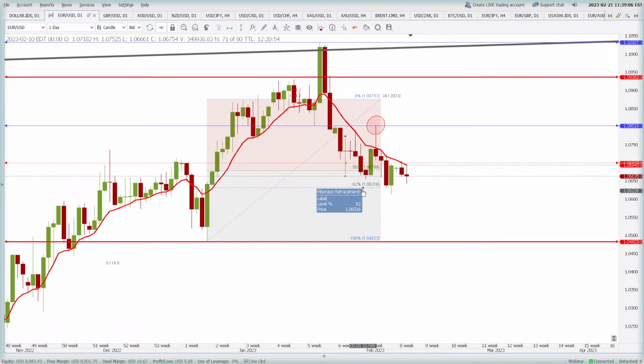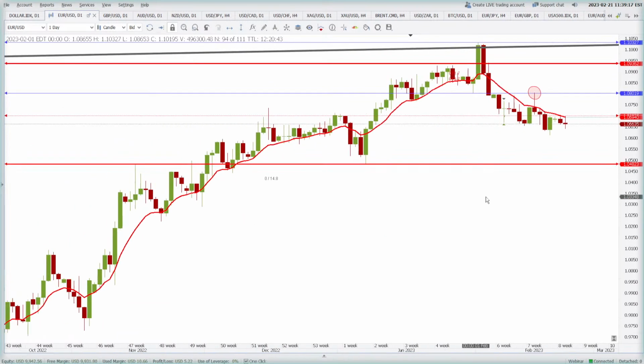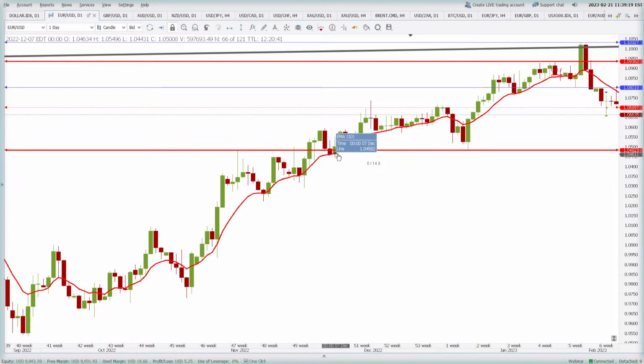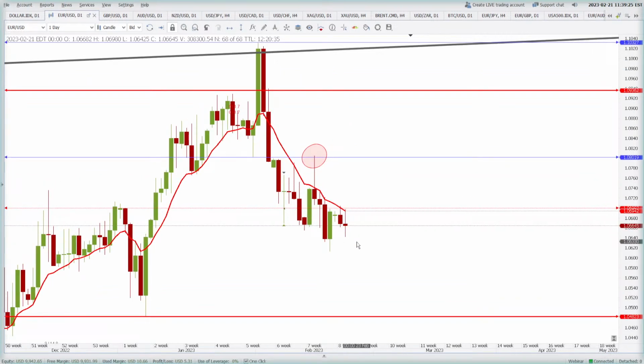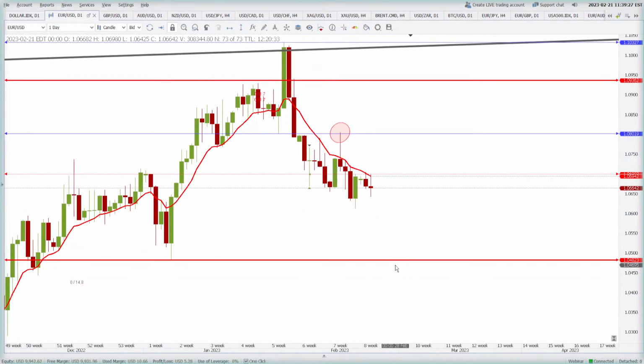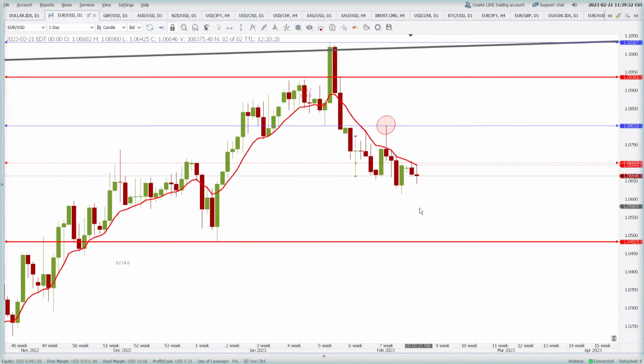Now I see it is still trading below the 10 periods moving average. Now this is the 10 periods EMA on the daily. Till the time the price remains below it, it is bearish. When the price remains above it, it is bullish. So when the price comes below it, it becomes bearish. So I am expecting the price to keep going down at least towards 1.0482 area. Now it looks like, oh, it's very far, but see, it's bearish. It is suggesting to me from this 10 EMA